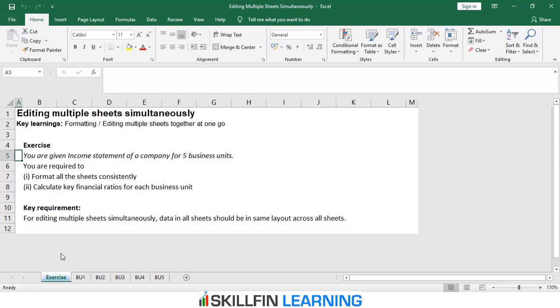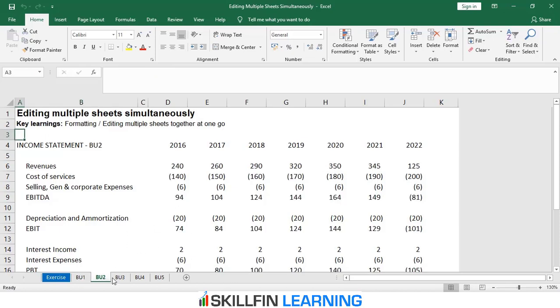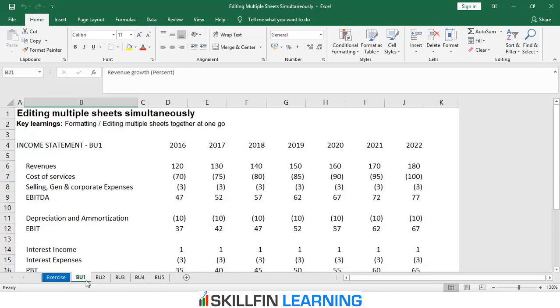Now, when we say formatting, if you notice that when we come to the BU1 tab, there is a bit of formatting that you can do to make the financial statements look a little better. Similarly, the same formatting changes need to be carried out in each of the different 5 business units. Now, one option is to format each of these sheets separately.